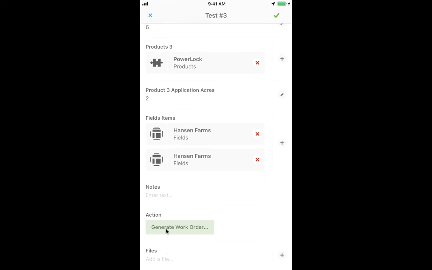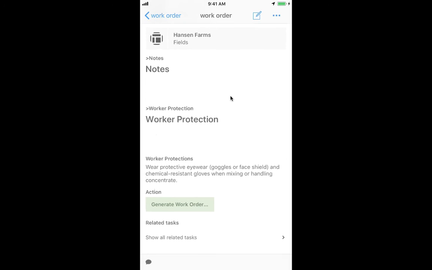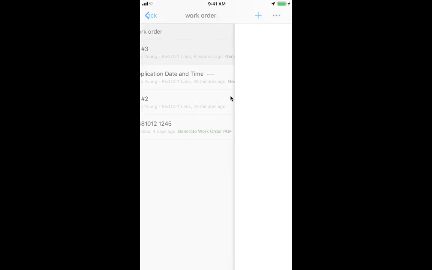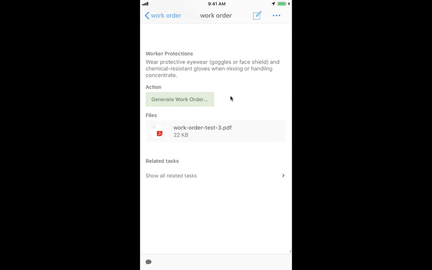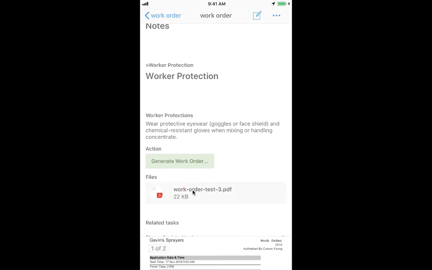Then I hit that generate work order and I hit the check mark. And then it basically starts a workflow to automatically create and add the file that we want to be generated on it. We can actually have that email it out instantly too. So it's thinking right now. It takes a minute to think and load it onto there, but I'll just come and refresh it and pop back in. If I scroll down now here at the bottom, I have a file, and if I touch that file, I can pop in, and so you can see